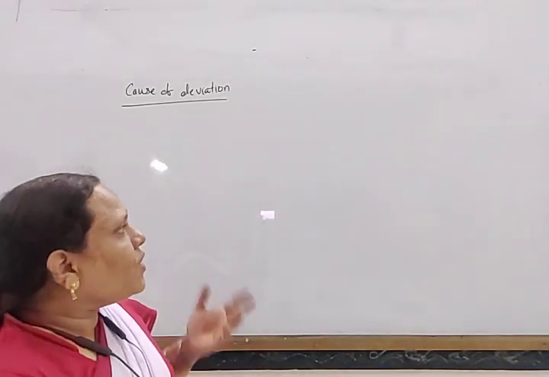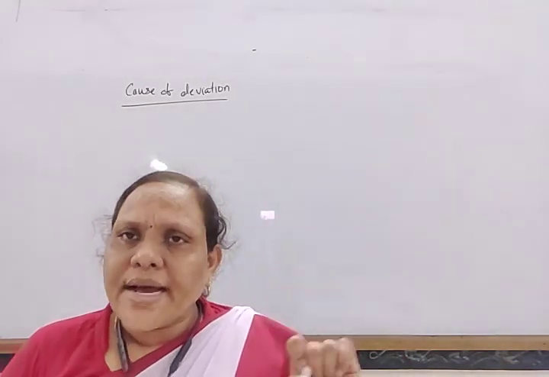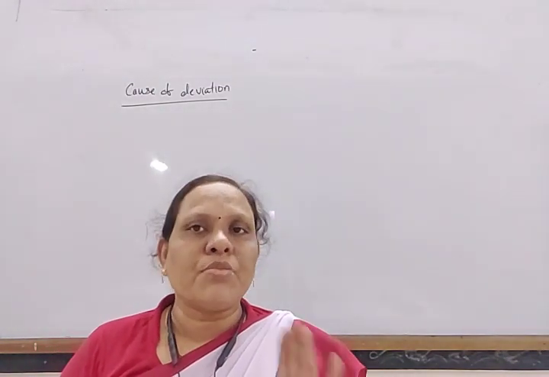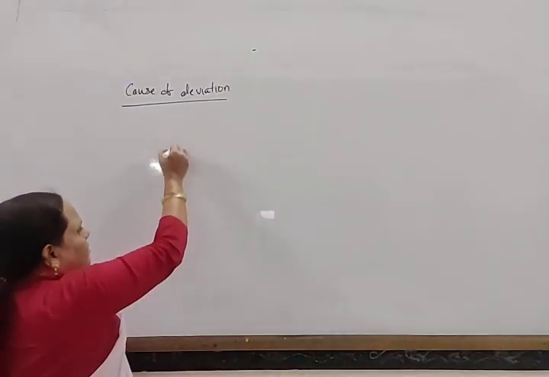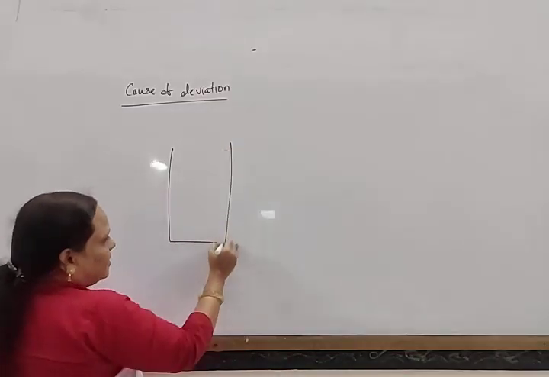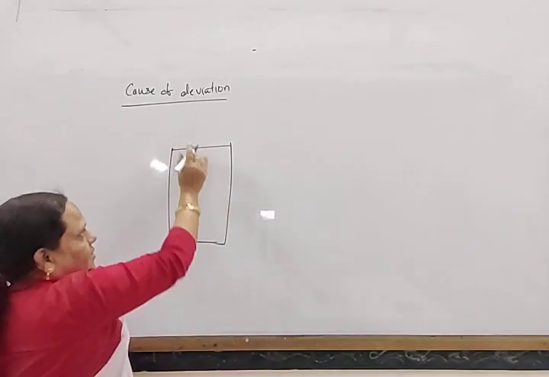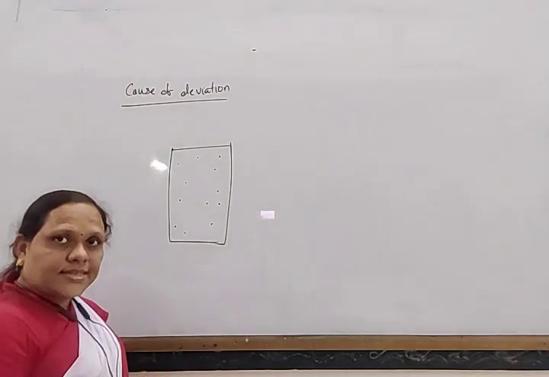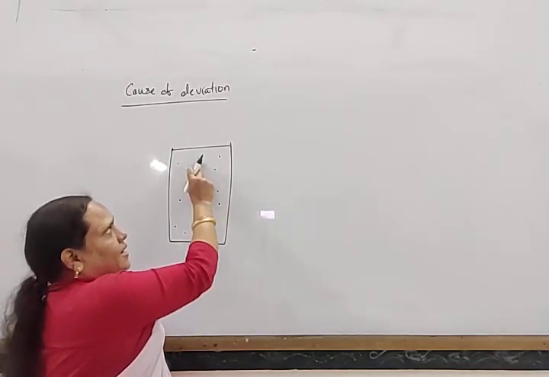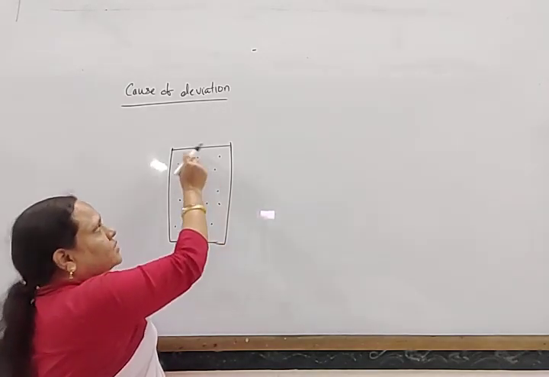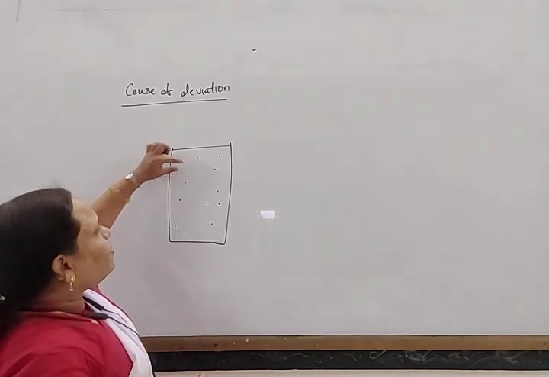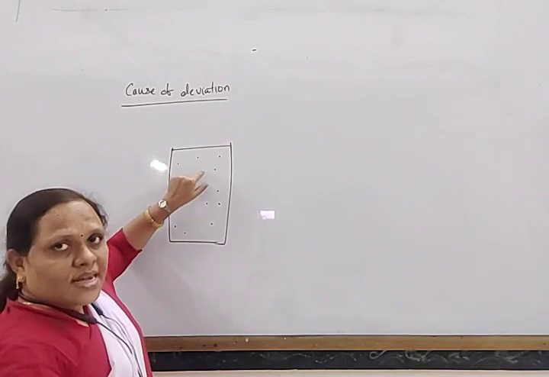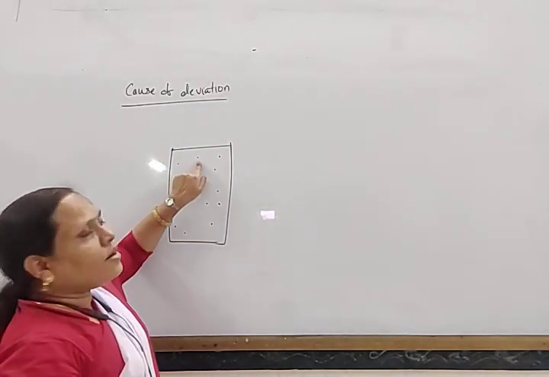Look here. One is that the volume of a gas molecule is negligible as compared to the total volume of the gas. Suppose there is a large container, the volume of the gas is large, and all the gas molecules are present at a large distance. In this way, the volume of a gas molecule can be neglected as compared to the total volume, because the intermolecular space between them is large.